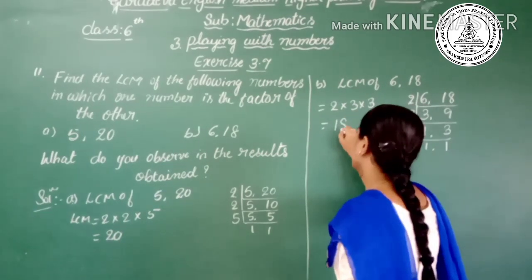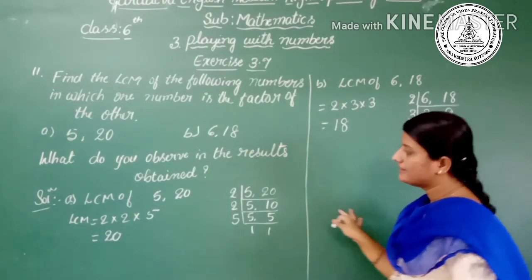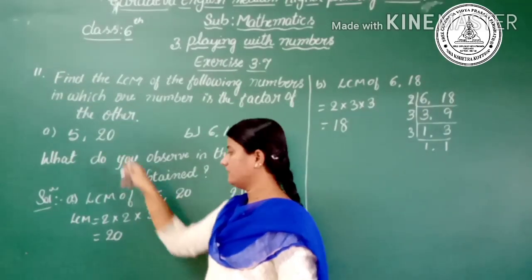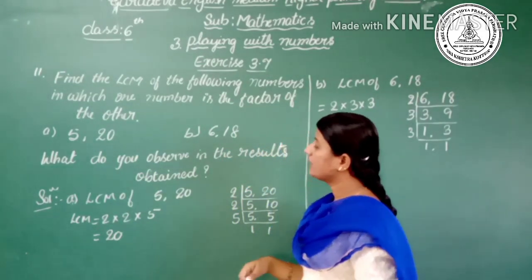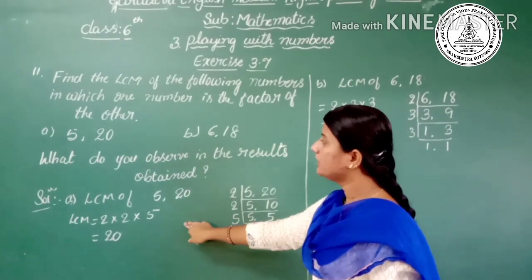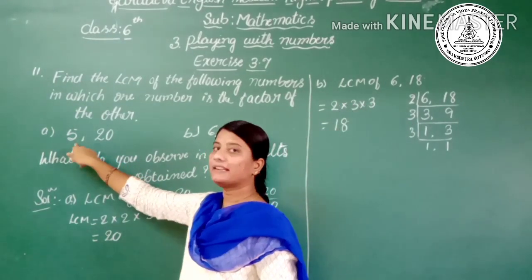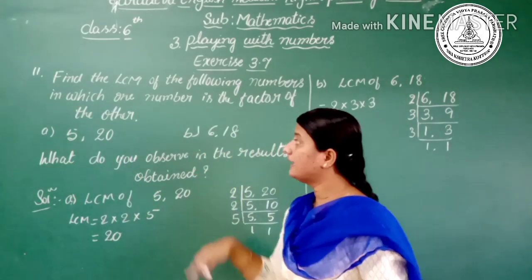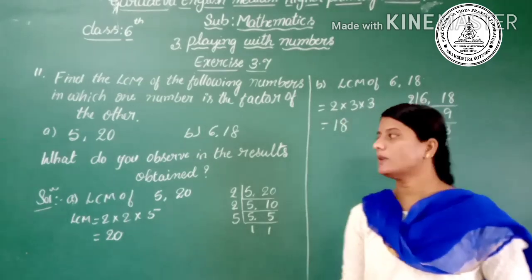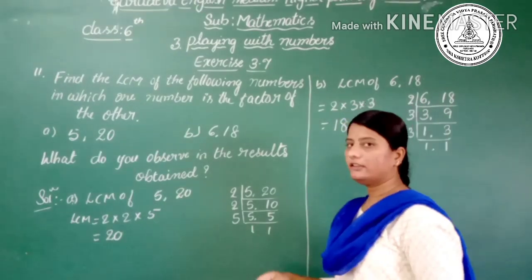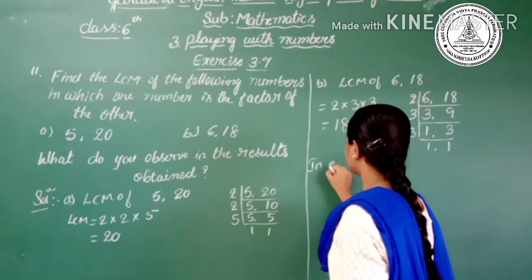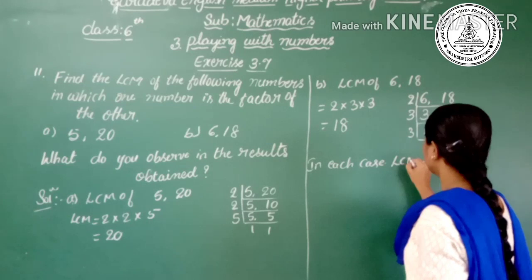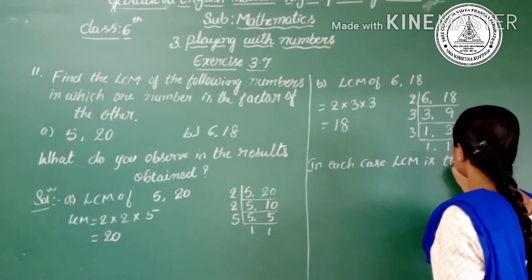Yes, we can observe here LCM is the larger number. So here the larger number is 20, that is the LCM. And also we can observe here that one of the numbers, 5, is a factor of 20. So 20 is the LCM of given numbers and it is the larger number. So hence we can write here, in each case LCM is the larger number,